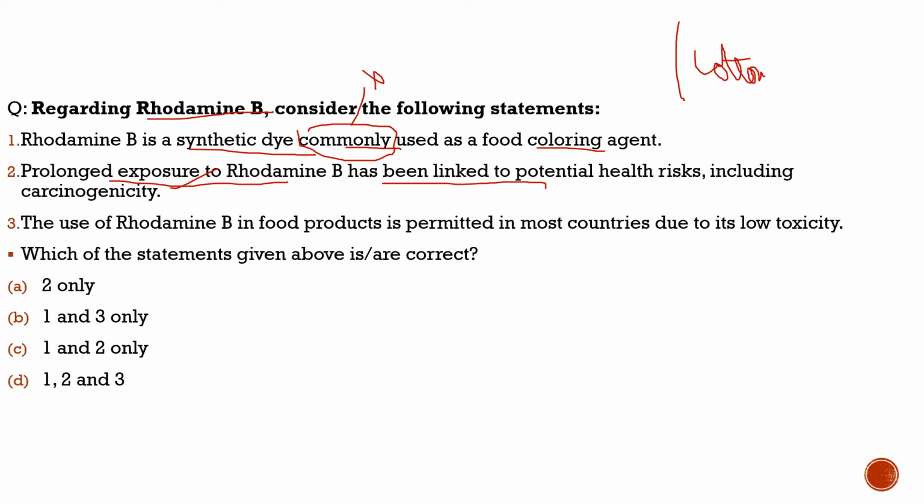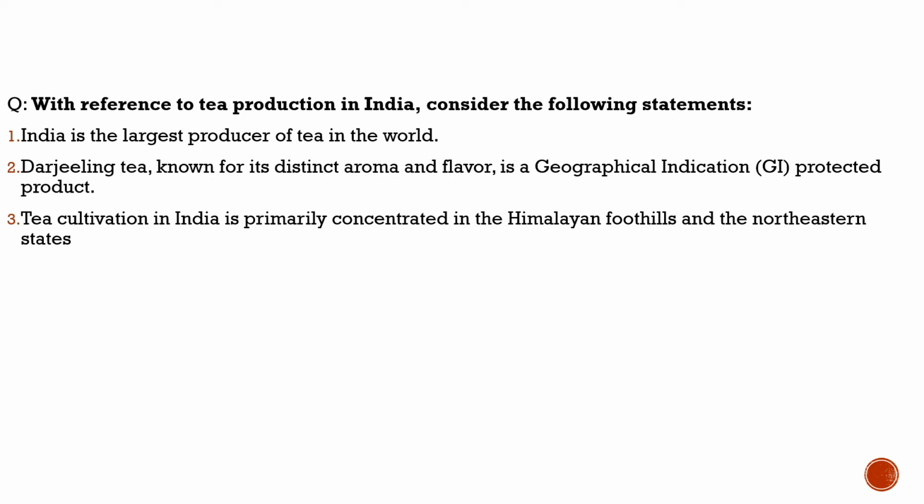Then the third statement, the use of rhodamine B in food products is permitted in most countries due to its low toxicity. Totally incorrect, totally opposite to what this question is about. So with respect to this question, the correct statement would be option A, that is 2 only. With this, we complete today's discussion with respect to current affairs topics. Now we will shift towards the static part. Here today's static,